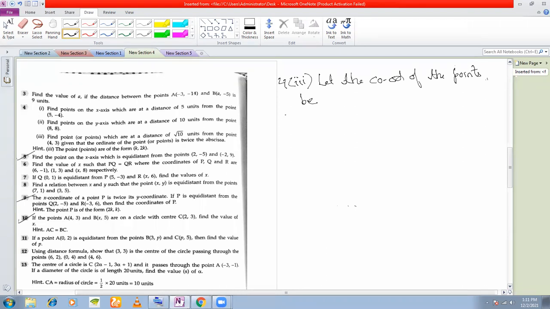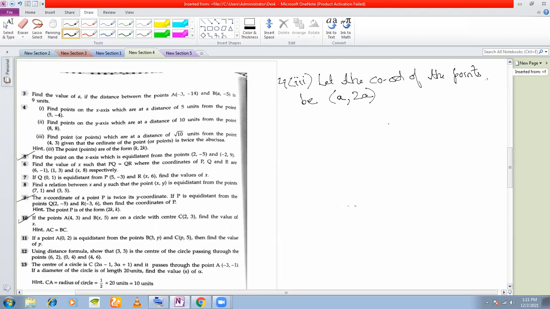But normally we try to avoid x and 2x because x and y are very precious variable notations. Okay. They are used for a lot of purposes. So let us take, because the ordinate of the point is twice the abscissa, if you take the abscissa as a, the ordinate must be 2a, right? That is why you better take a and 2a. Okay, x and y are very, very special variables. We don't normally waste them like this. Okay, you can take x and 2x also, no problem. Fine. I prefer taking a and 2a.